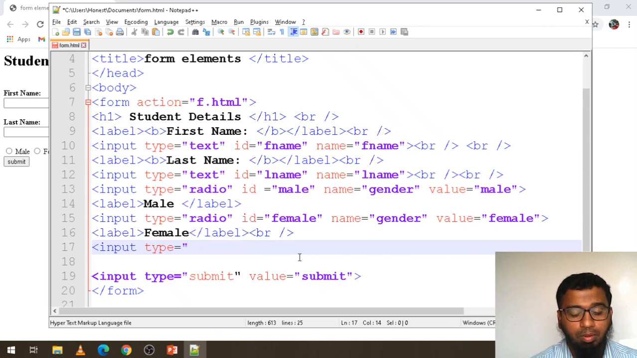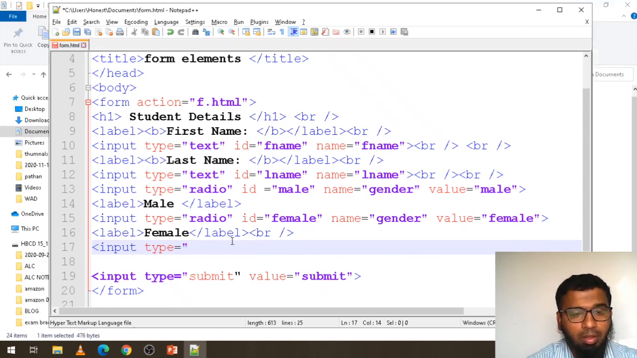Input, that is input type is checkbox, okay. And here also you need to give the ID. Like ID I am giving subject 1, okay, that should be in double quote, sub 1, name sub 1, value